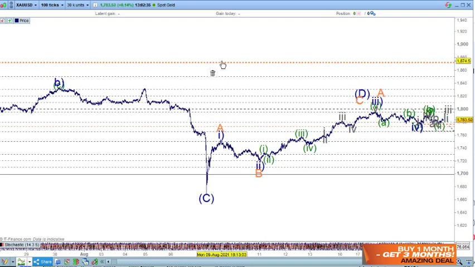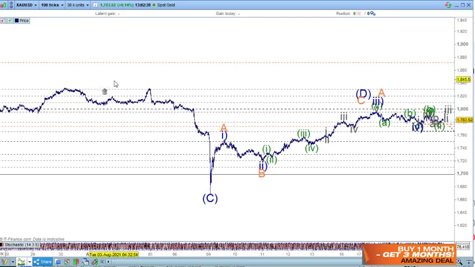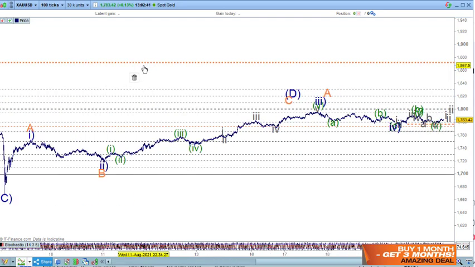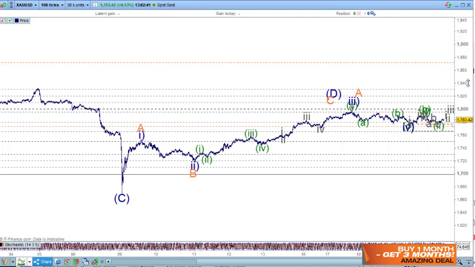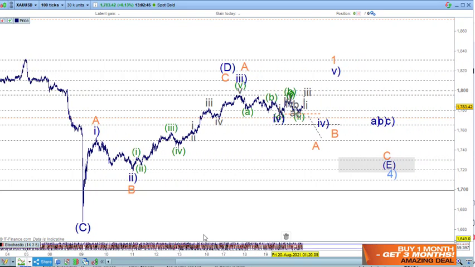Just removing a few objects on the chart, I don't really even need those. First of all, I'm running two counts here, so you've got to bear with me a little bit to understand them. From the beginning, we can look at it as wave 1, 2 and 3 up here, blue wave 3 and blue wave 4 and blue wave 5 for wave 1, and then we would come back for an ABC wave 2 and then go up for wave 3.